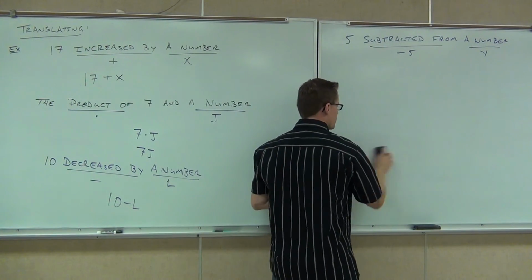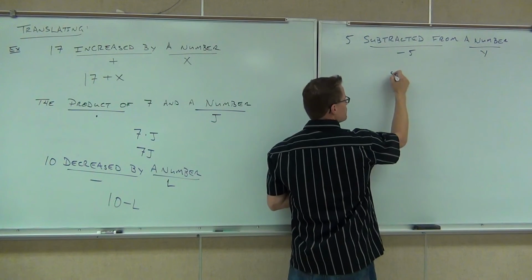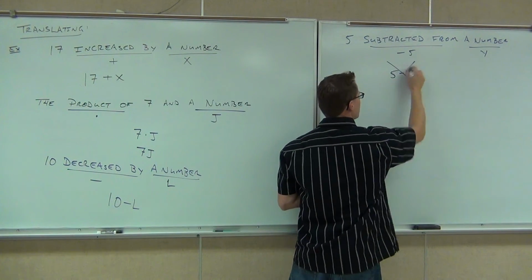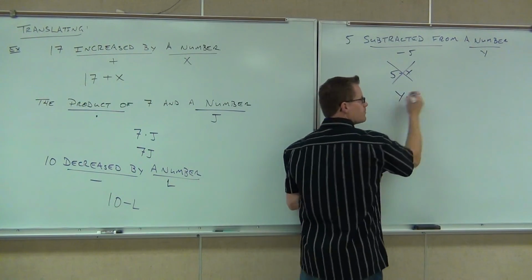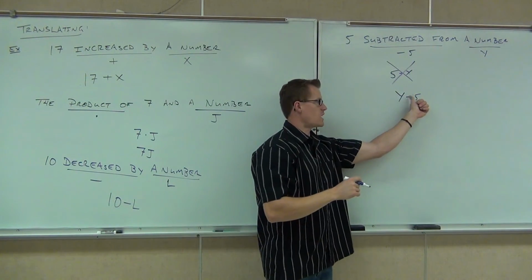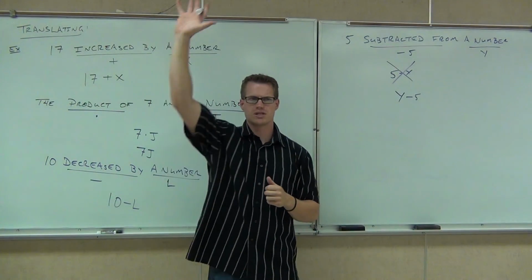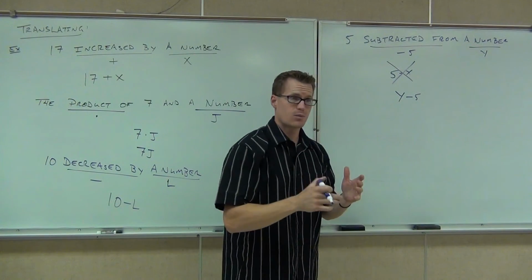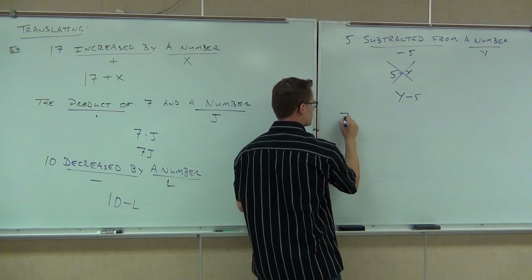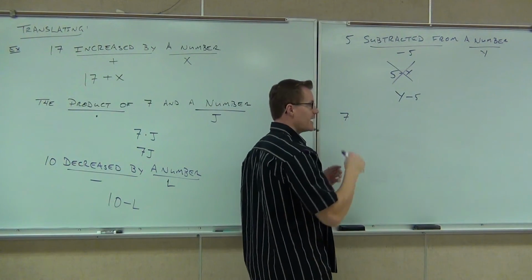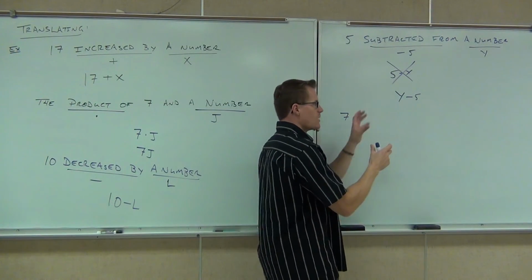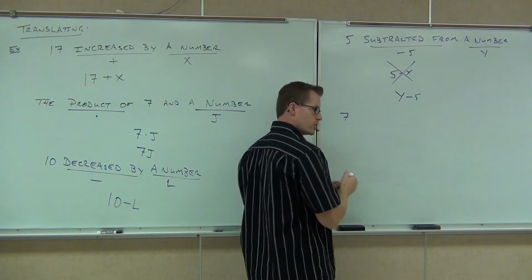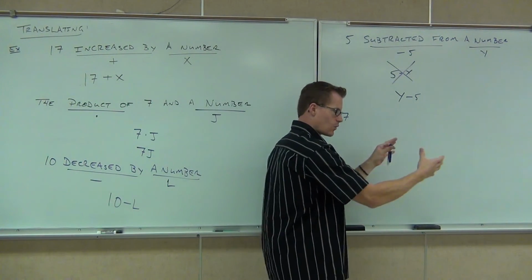So 5 subtracted from a number, it's not 5 minus y. It's not that one. It's y minus 5. This is 5 being subtracted from a number that I give you. How many people understand the difference between those two? Okay, that's important. The other one that works the same way as this. Subtracted from means you add the number first and you're subtracting from that. I know it gets a little confusing, right? Because you want to write it in that order, but